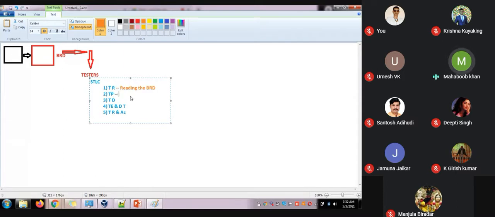This is not related to you; a lead will prepare the test plan. So this is also not related to you. Now the third one is test design. Test design is nothing but writing the test cases.